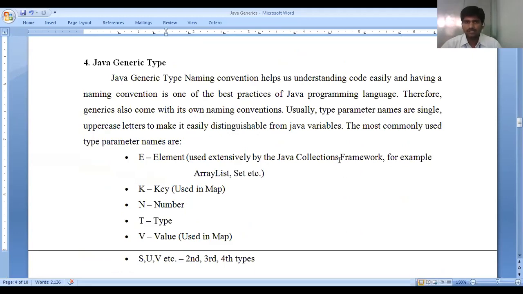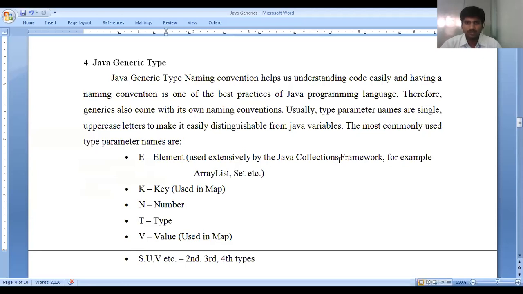Therefore, generics also come with their own naming conventions. Usually, the type parameter names are single uppercase letters, such as E, K, N, T, V, R, S, U. A single character in uppercase is easily distinguished from Java variables.